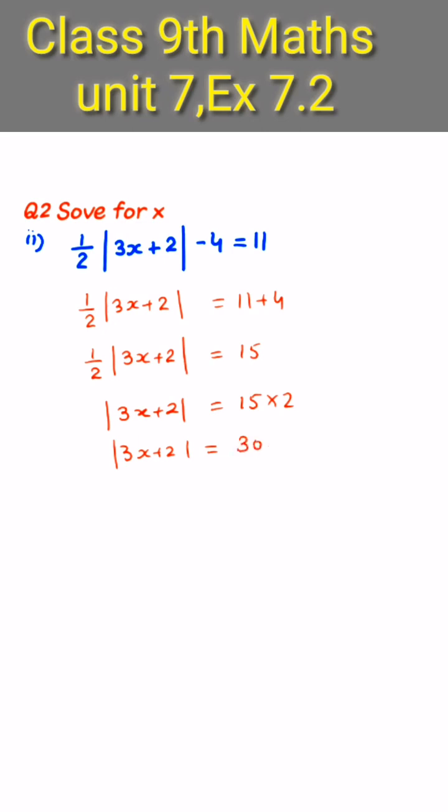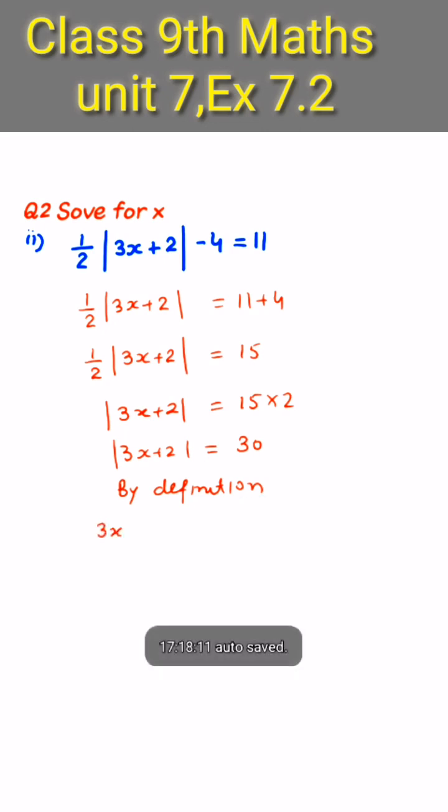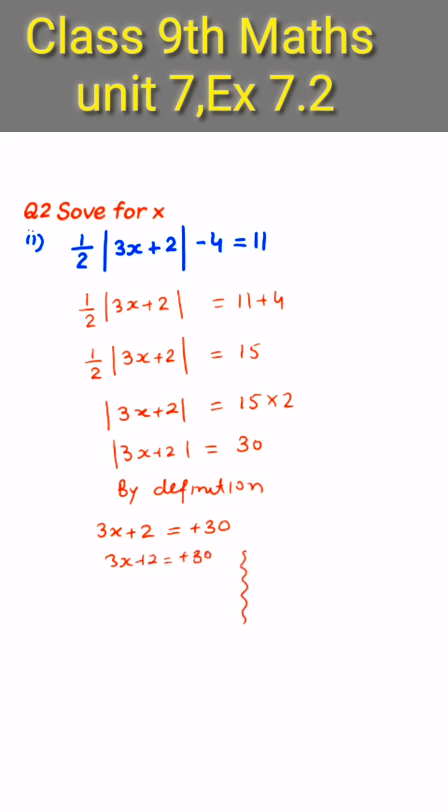Here we apply the definition. We will have two cases. The first case, 3x plus 2 will be equal to plus 30, and the second case will be 3x plus 2 will be equal to minus 30. 3x will be equal to 30 minus 2. 3x will be equal to 28. So x will be equal to